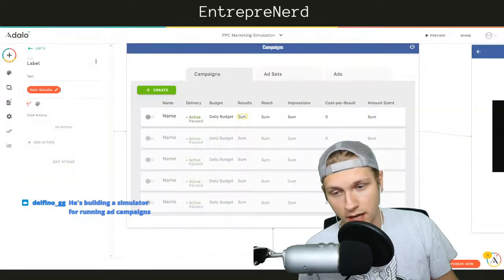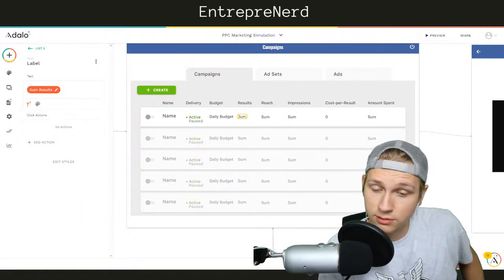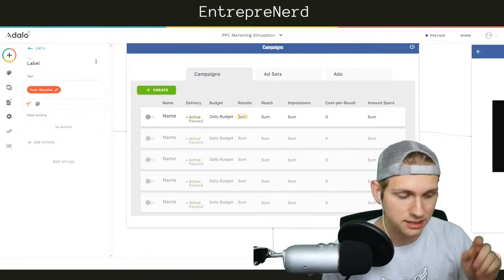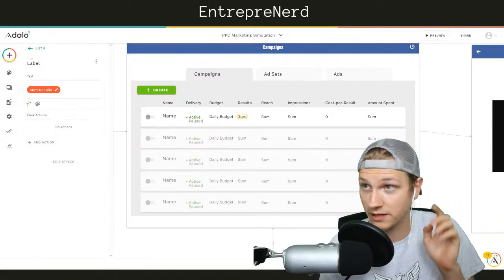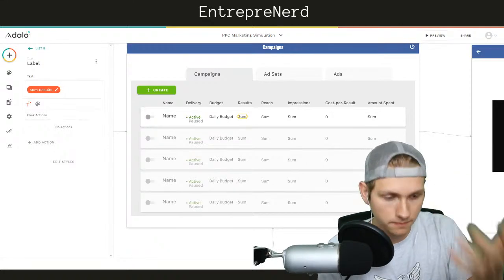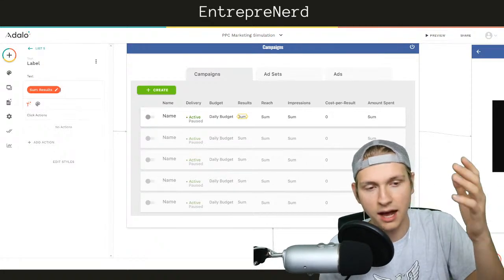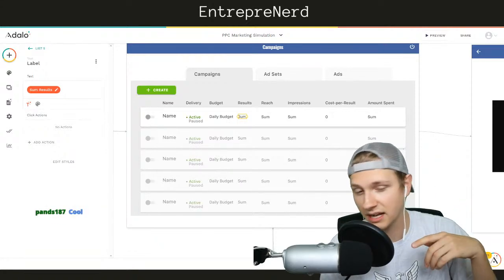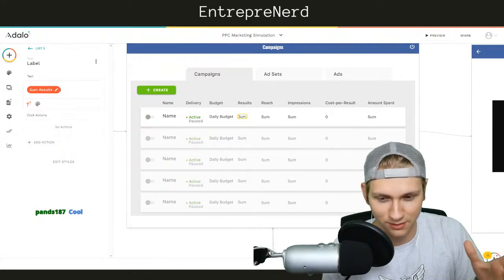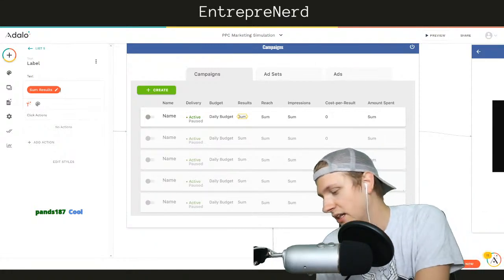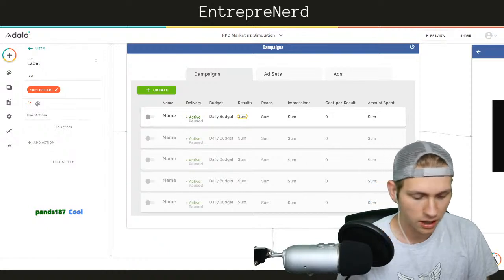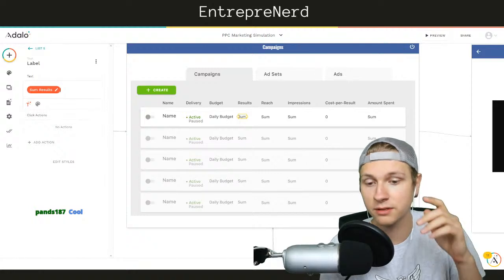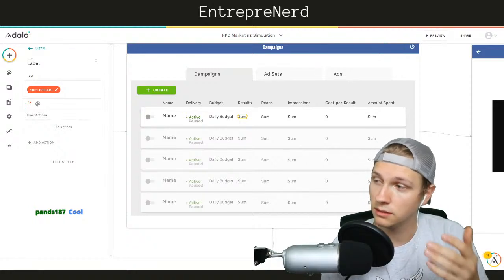It's not that hard. I taught it to myself just by messing around a long, long time ago, and then I did learn it in class. But when I learned it in class, it was really, really difficult for the professor to do it because we had to pay out of pocket for the ads, and then he had to go and get reimbursement from the university to pay us back. And it was this whole big pain because getting money from the university to pay students back is just this big rigmarole.